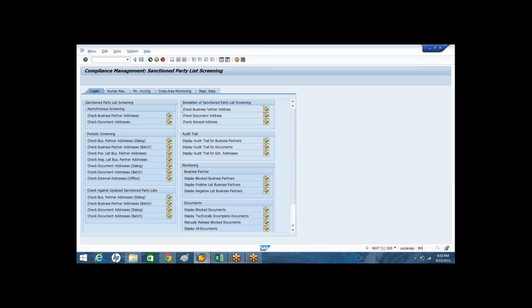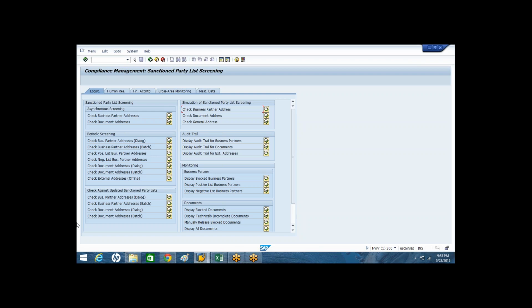You need to spend more time to monitor, right? You need to spend more time to release the block, and even for releasing the block you need more approvals. You need to get management approval to remove the blocks. It is a very lengthy process if the system puts any inappropriate blocks. Because of this, SAP suggests you do the simulation in advance.